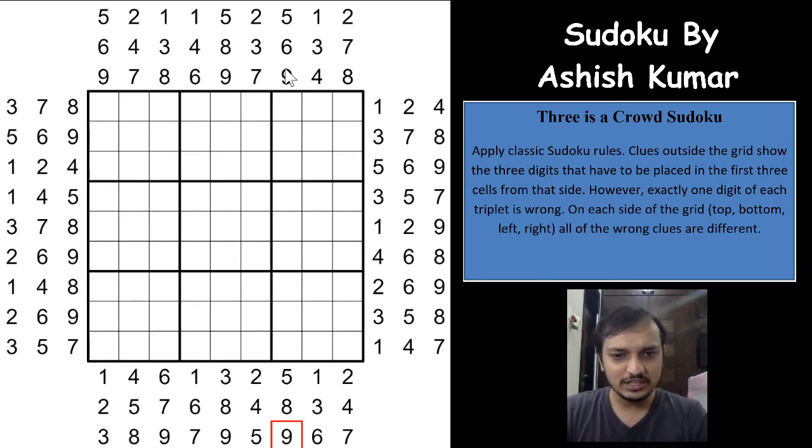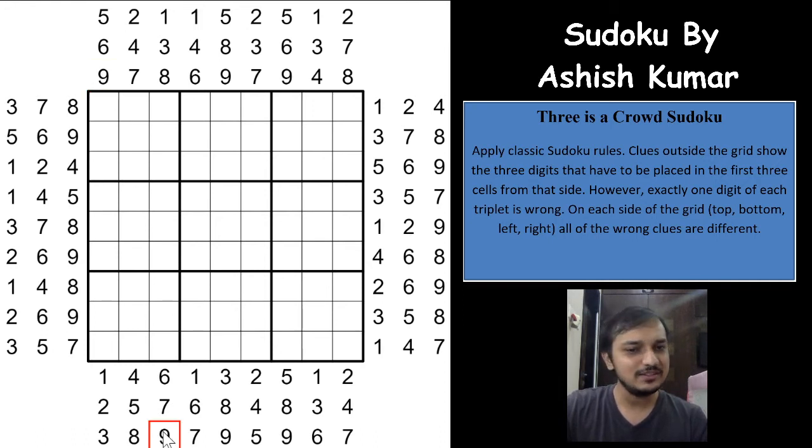Which means that now the extension here is very helpful. If you see, all the other instances of the other 9s in the box will have to be correct. So you know that one of these two 9s is wrong and one is correct, one of these two 9s is wrong and one is correct, which means that 9 being wrong in one side is already fulfilled, and for this side also, which means these two 9s will have to be correct, right.